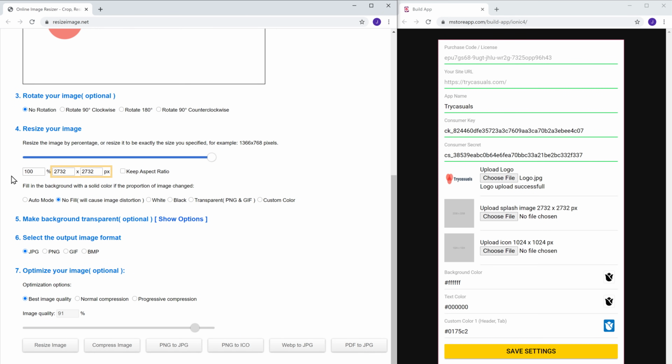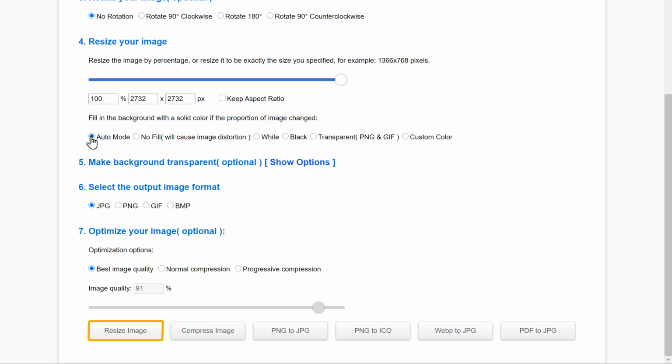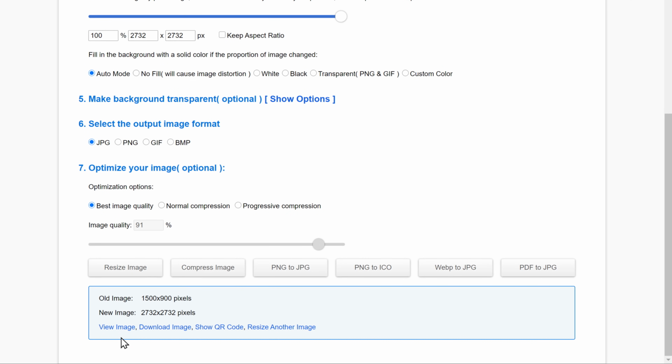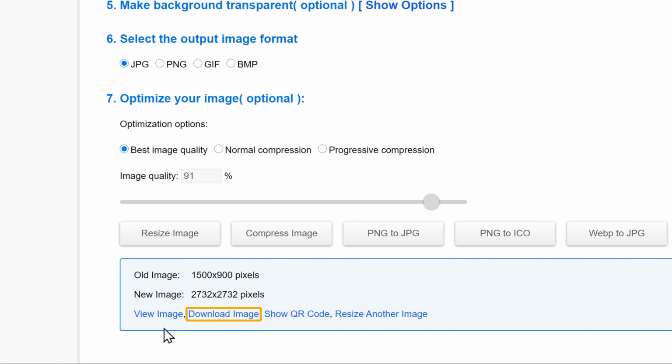Once you have entered this, choose Auto Mode. And now if you click Resize Image, our image will be resized to the required dimensions, and we have got the download option here.